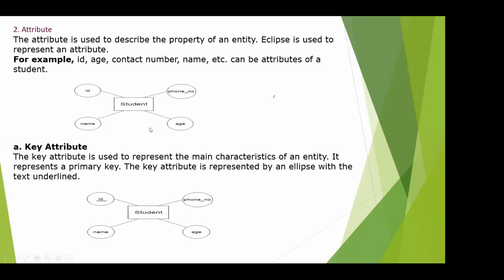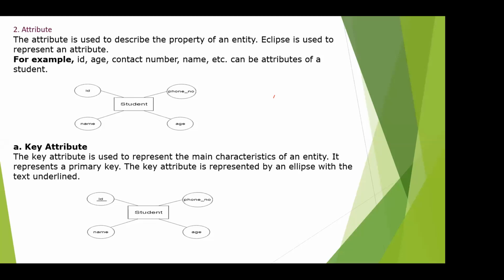In the previous slides we discussed attributes and types of attributes. The first one is the key attribute. How can you identify the key attribute in the picture? In the same picture below, the ID is underlined. If there is an attribute with an underline, that attribute is called a key attribute.